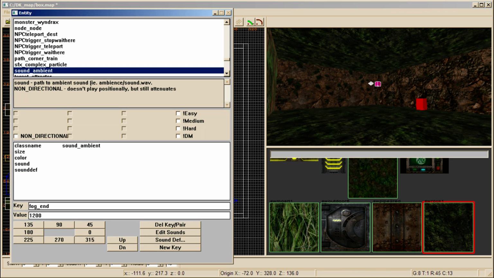Open up the entity editor, and then we can type here sound, and if you unpacked the sound files from the pack 1 of Daikatana files, we can now type ambient and slash dash, I don't know,